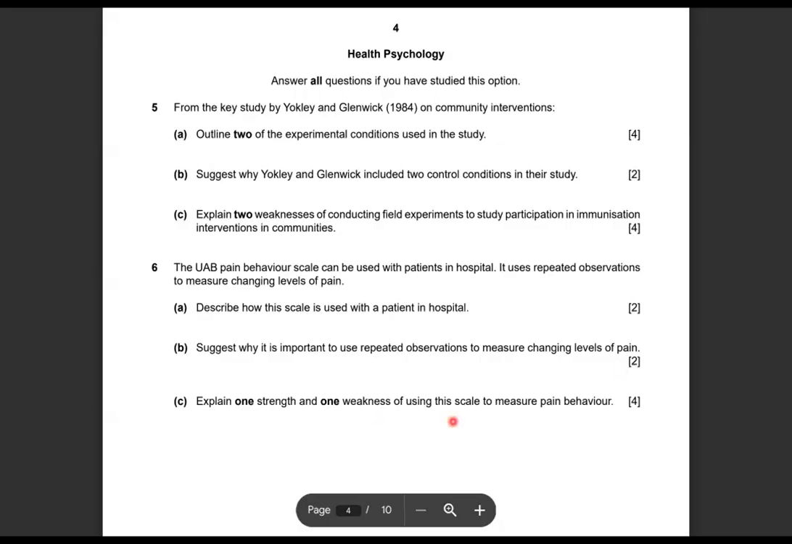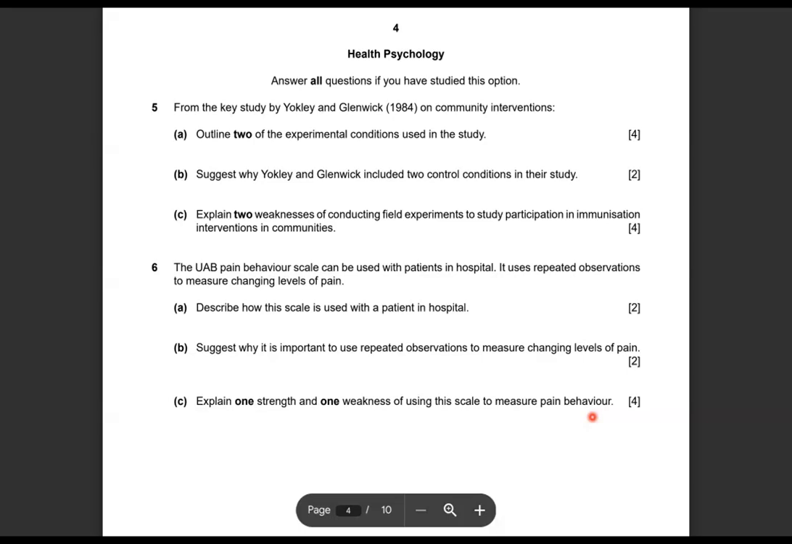Explain one strength and one weakness of using the scale. So again, strength and weakness of using a particular scale, a questionnaire or a pain behavioral scale or a UAB observational scale such as this. So going back to some points about research methods, right? It's standardized, it can be replicated. It might provide quantitative data, which could be used to compare results over time,